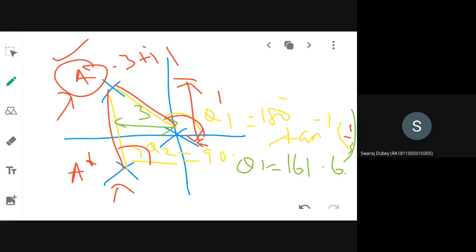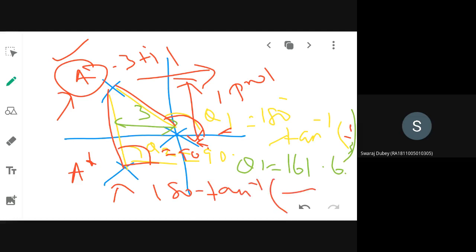By using a protractor again you measure the angle. It's easy rather than using formulaic calculations. So this one you can readily calculate, that is 90 degrees. But you don't know what is theta 1. That you can use a protractor to calculate, or you can use a formula. What is the formula? If the other poles are to this side, you need to use 180 minus tan inverse of the vertical distance divided by horizontal distance.